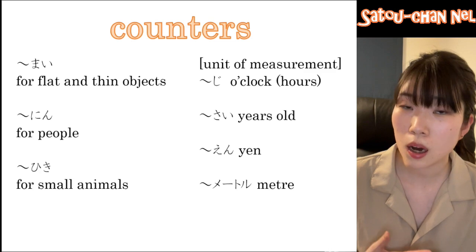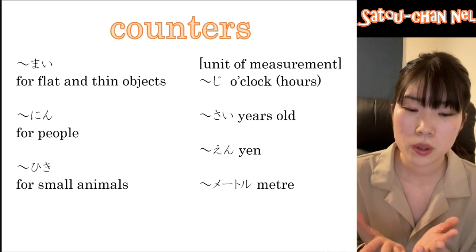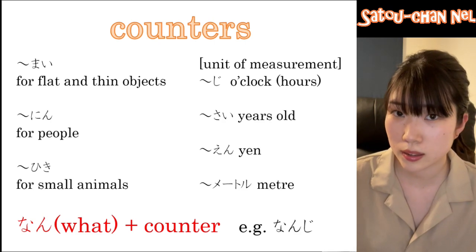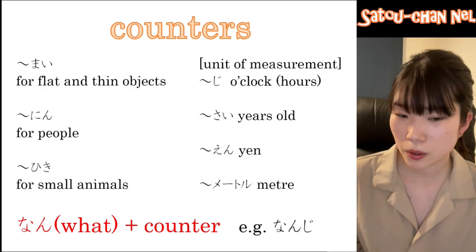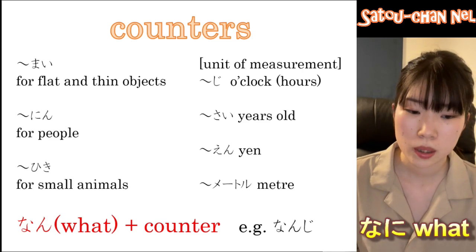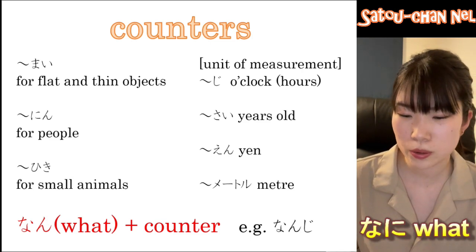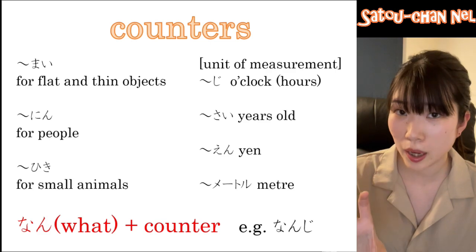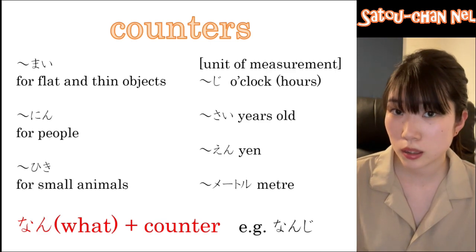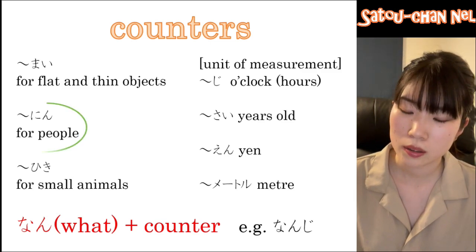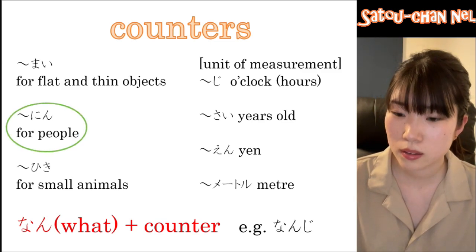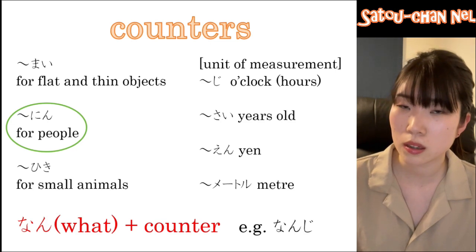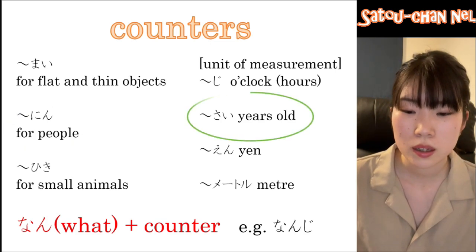Or when you want to ask how many or what amount, you can say 何 plus counter, like 何時, what time. There's another way to say what, 何. But please remember that when it's used with counters, it's 何. So 何時 is what time. And for example, 何人. 人 is a counter for people. So 何人 is how many people. And 何歳